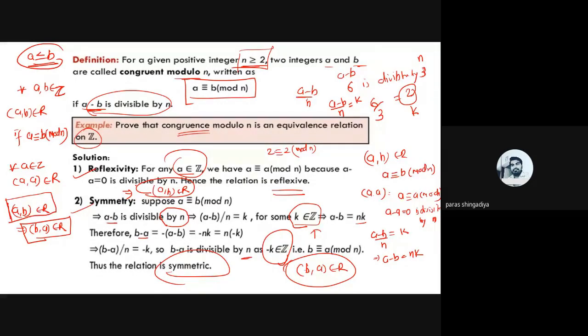So what is the meaning of that? Here we can prove that a congruent b mod n, ठीक है? So what does it mean? तो उसका जो डिफरेंस होगा it should be divisible by n. It will be divisible by n. So a minus b is divisible by n. So what is the meaning of divisible by n? So we can define as a